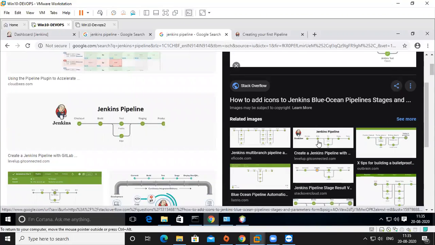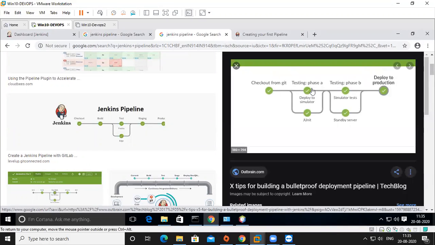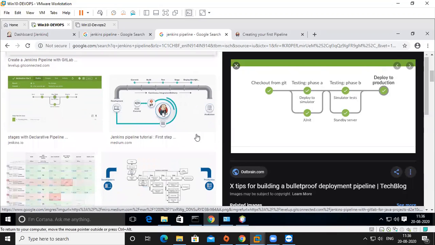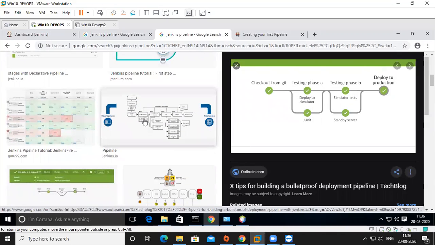Here you can see a testing phase, JUnit phase, testing phase B and standby server. This one has two things in a single stage, and this is another stage.